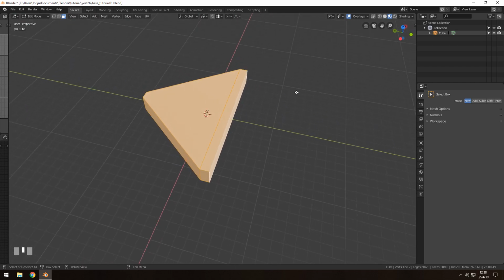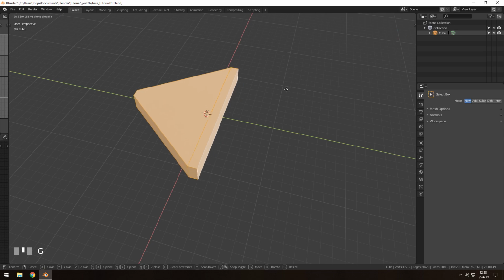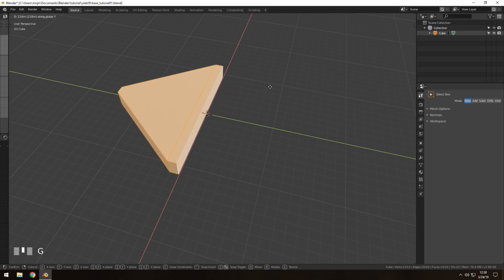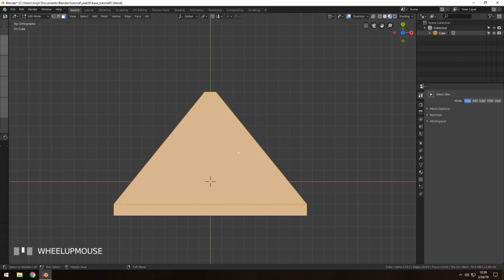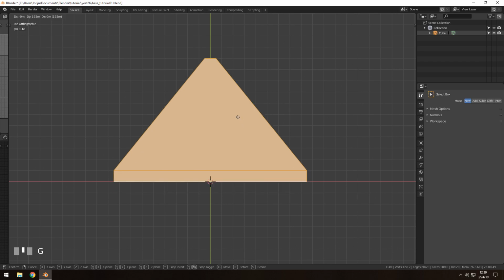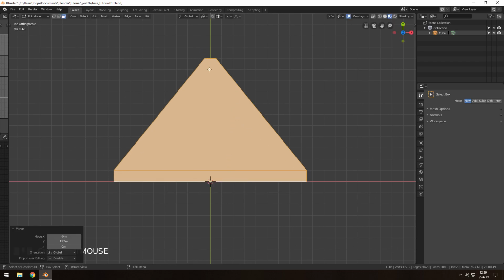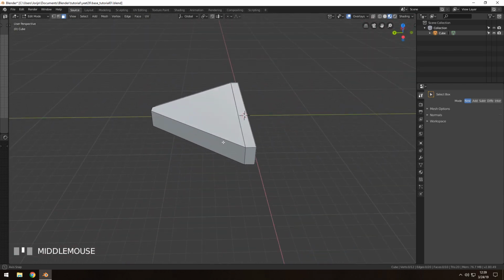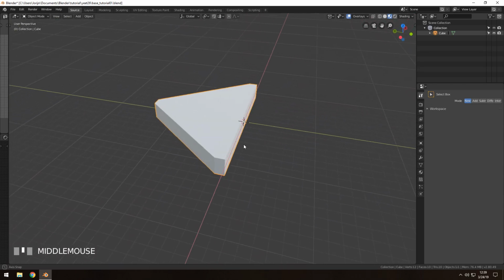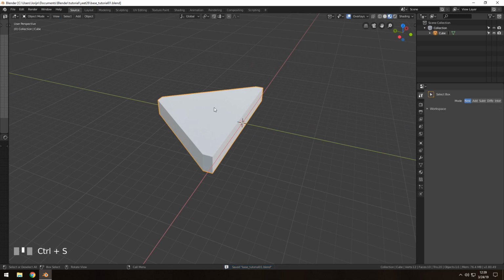I'm going to move it on the y-axis. There, if you're in orthographic, if you're in a 2D view, then you can use the grid snapping if you hold Control. Okay, that's looking pretty good. Now I'm going to go out of edit mode for a second by pressing Tab,